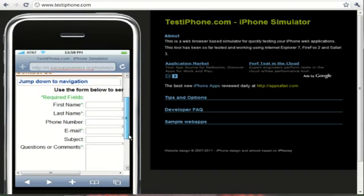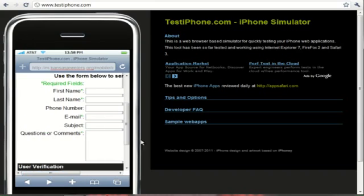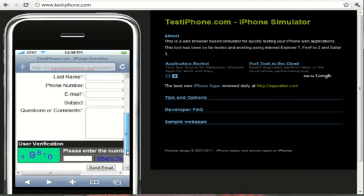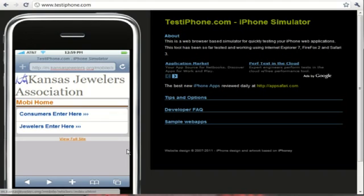This allows you to contact from the mobile device, but this simulator is a little broken because this shouldn't be scrolling off the screen. It should be self-contained and resize. And when you fill out this information, it goes to the person who has been put in charge of their website. All right, I'm going to click on the name up at the top to go back to the home,